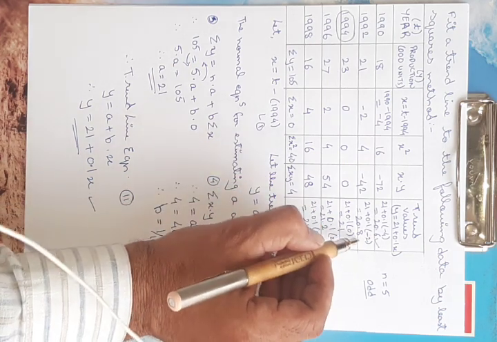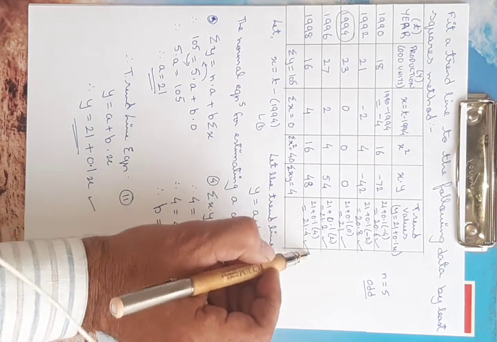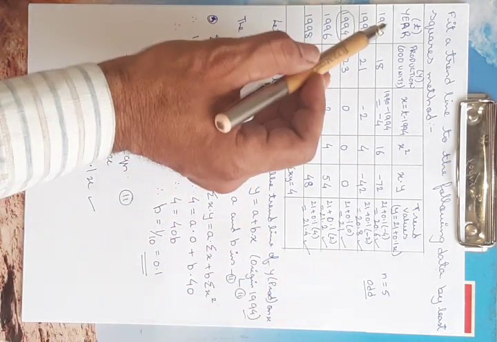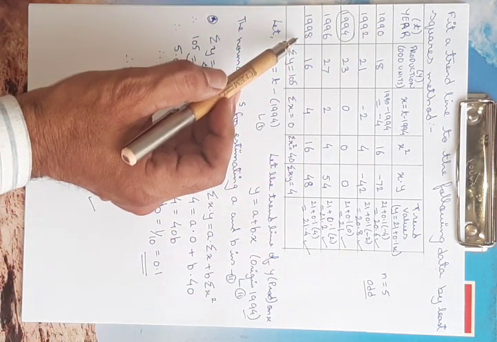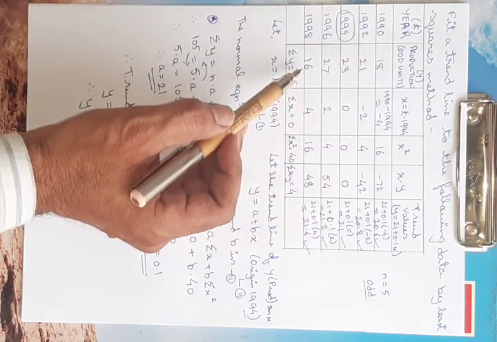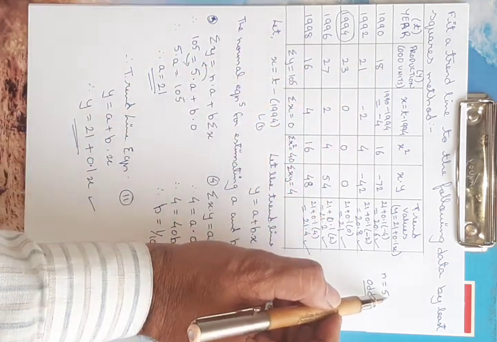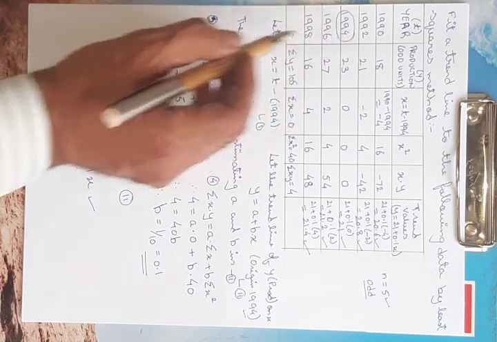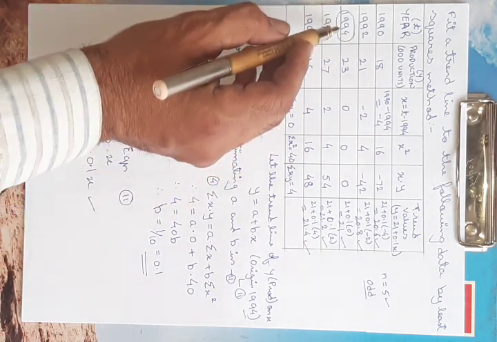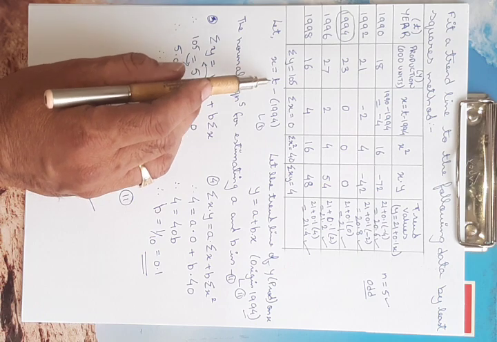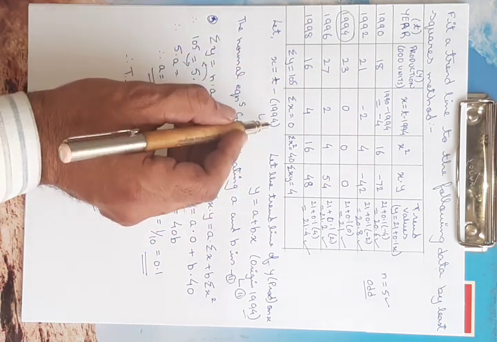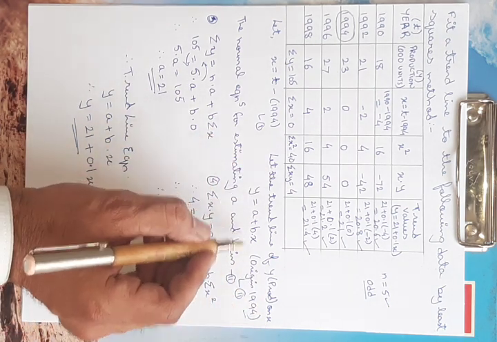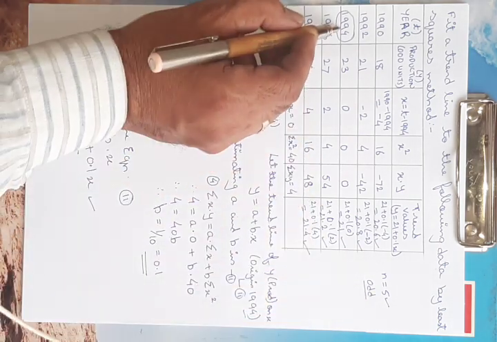So friends, these are the trend values which we need to find out using this equation. What we have done first is, we have been given the year as well as the production. From that we have taken the origin. Since the total number of observations is 5, an odd value, we have taken the middle value, that is 1994. From that we have taken the first equation, let x is equal to t minus 1994, and let the trend line equation of y, that is production on x, be y is equal to a plus bx, where the origin we have considered is 1994.